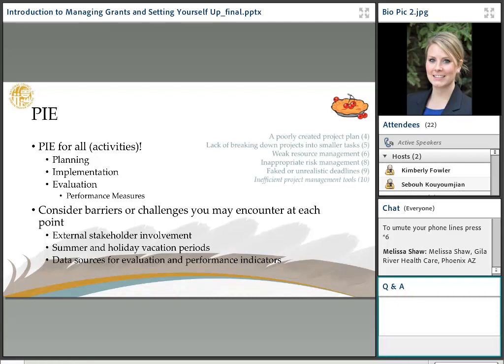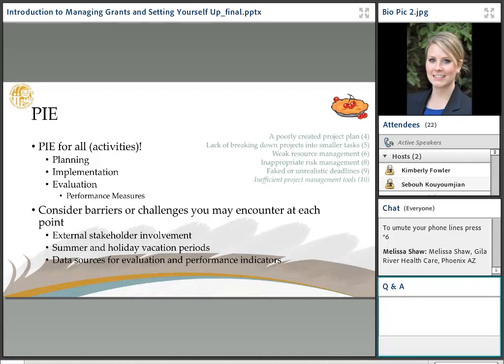Second item I want to get into is PIE. So this is going to be your first resource, if you will, that I'll keep talking about throughout the entirety of my presentation. So for those that don't know what PIE stands for, it's Planning, Implementation, and Evaluation. And I think it's pretty standard, especially in public health projects and interventions and programs, to have those 3 components in there. But I want to share it with you in a way to think through this as you can writing the grant application.